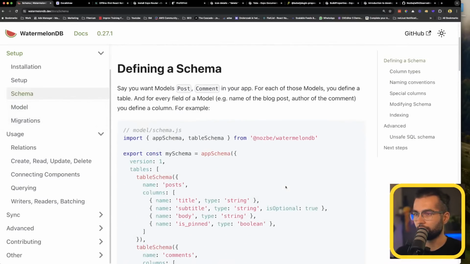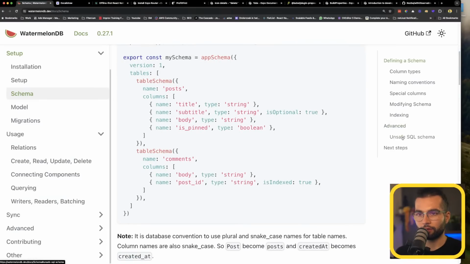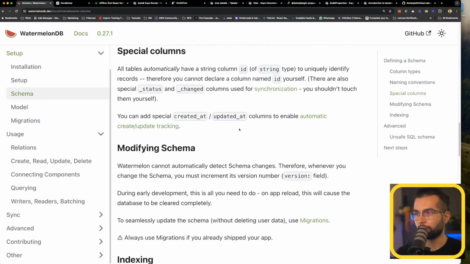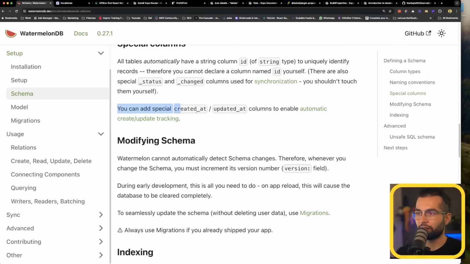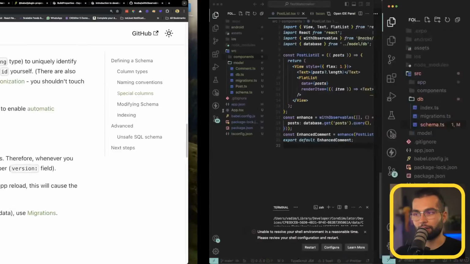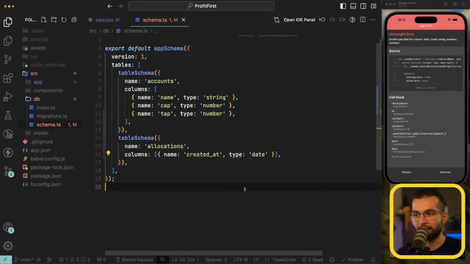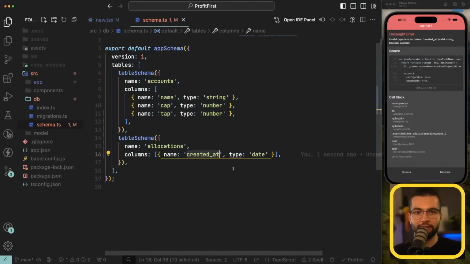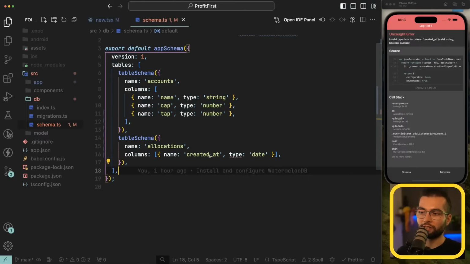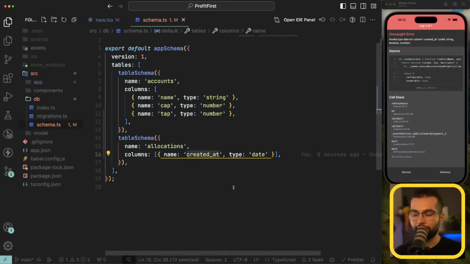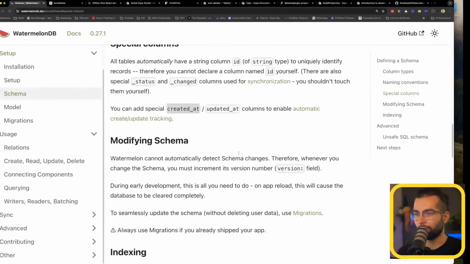In the schema, special columns, you can add special created at and updated at columns to enable automated create update tracking. And by having this created at, we are not going to have to specify it. WatermelonDB automatically will take the current timestamp and write it in the created at when we write something. And the type of it should be